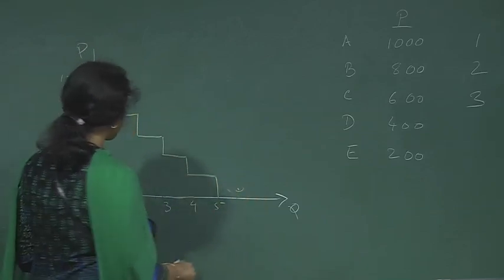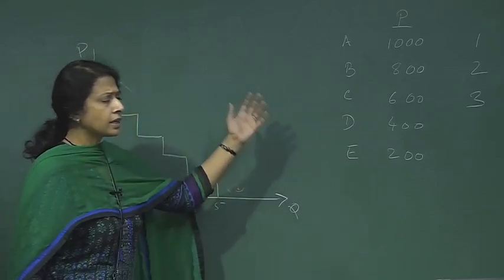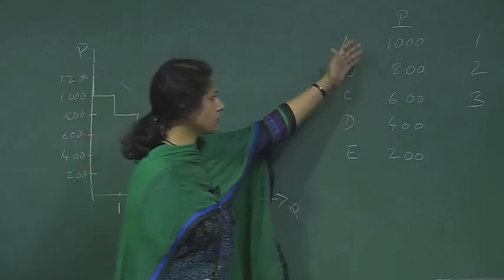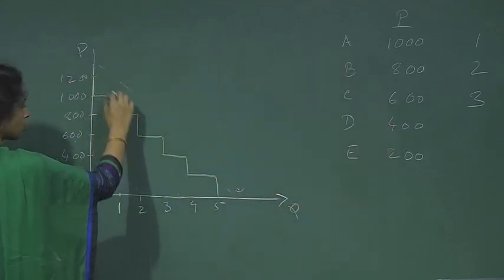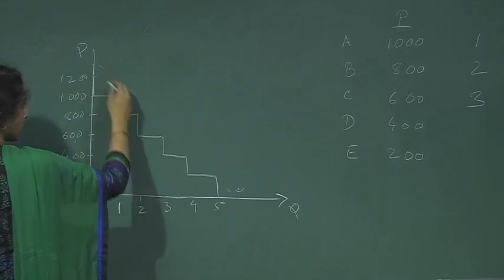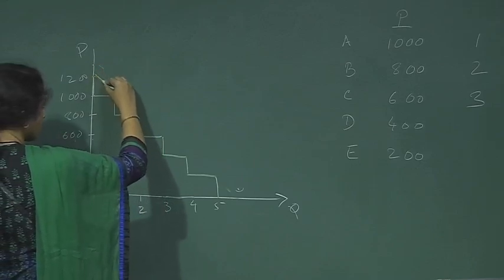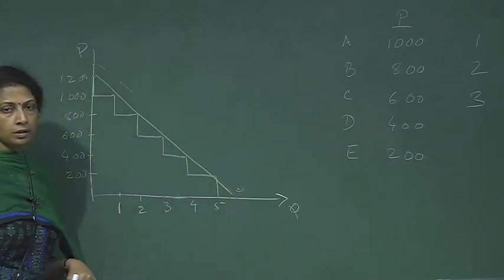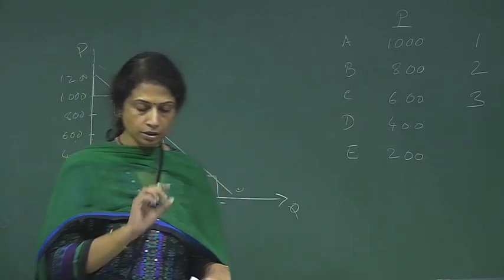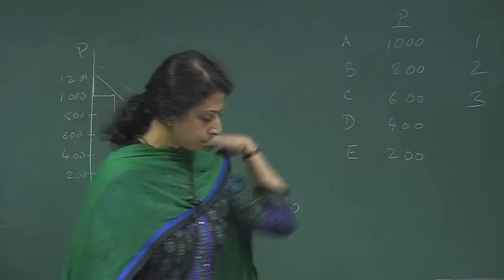So this is a step diagram, and this is how the demand curve is drawn. And imagine a market where there are infinite number of buyers, plenty of buyers are there. In that case, these steps will come closer to each other, and gradually when the number is too high, we are going to get a smooth demand curve. We are going to get a continuous demand curve. Now